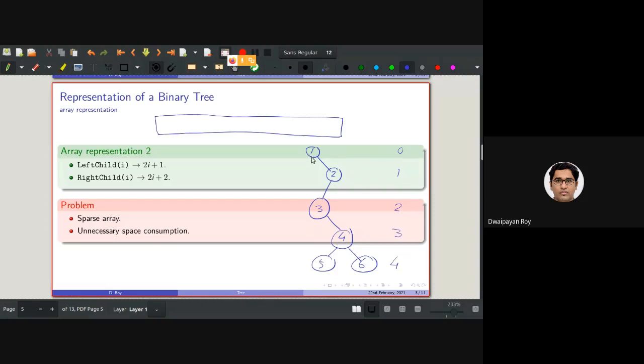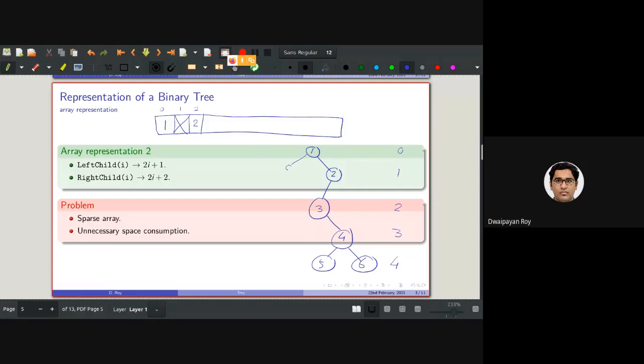So if I want to store this binary tree in an array, most of the positions will be kept vacant. Why? Because I need to store 1 in the 0th position. The 1st position will be vacant. The next position will be stored with the value 2, which is the 2nd position.